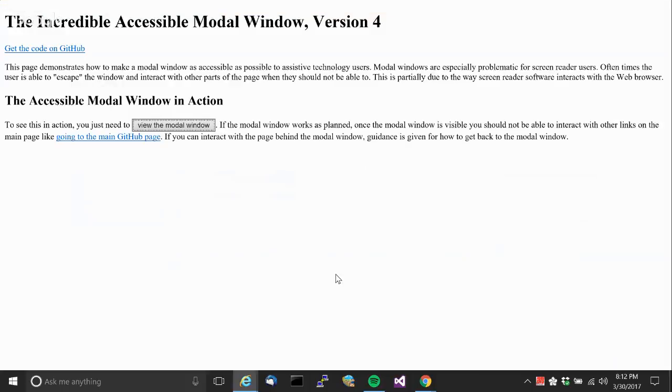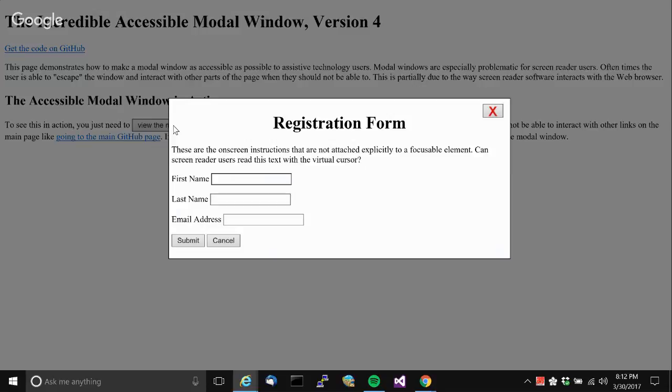Cross.github.io accessible mobile time. Cross.github.io tab group 3 tab. All right, now View the mobile window button. I'm going to click that. First name, editable text, blank. And it puts my focus right where I need to be. And I'm just going to tab around here. Last name, editable text. Press the tab key to move through the page. Email address, editable text, blank. Submit button. Cancel button. Close registration form button.